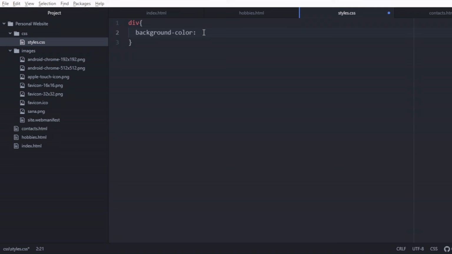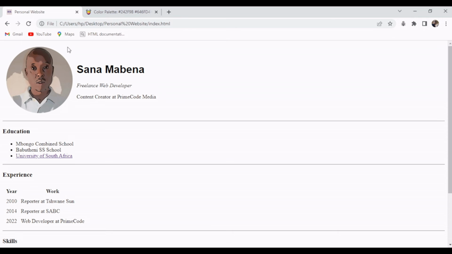Now back inside my code editor, I am going to paste the hex code. Remember, it's very important that the hex code is preceded by a hashtag sign, and then I'm going to close this off with a semicolon. Back inside my web page, refresh. Now the background color of this area here has changed, and as you can see, it is only this part